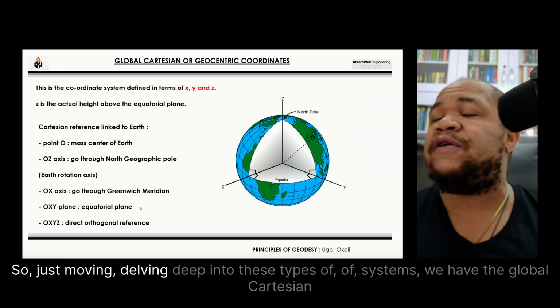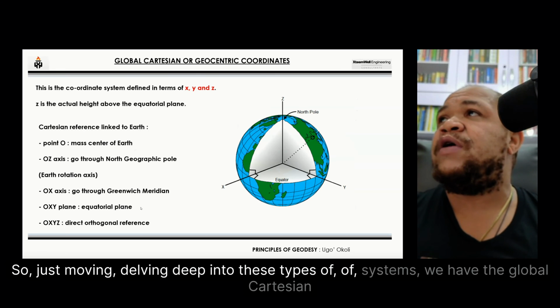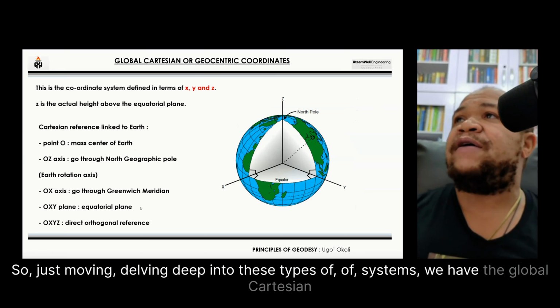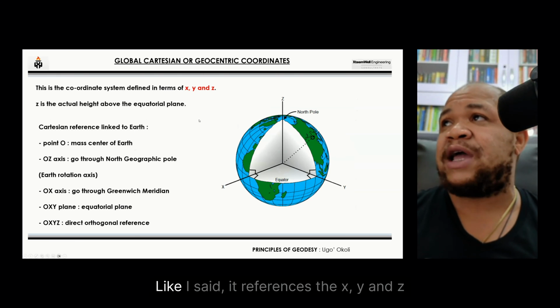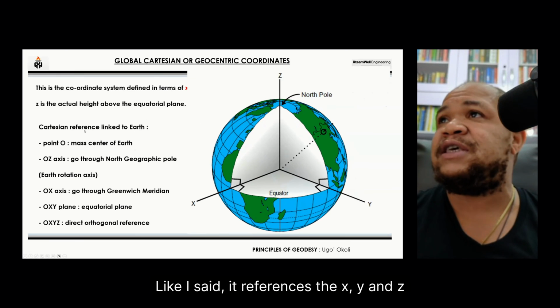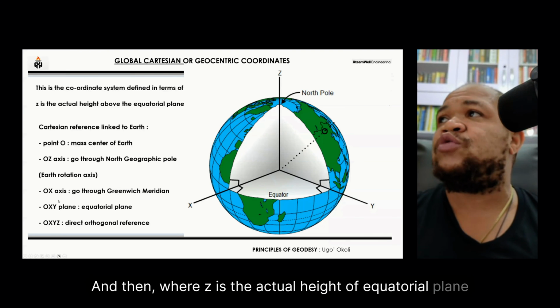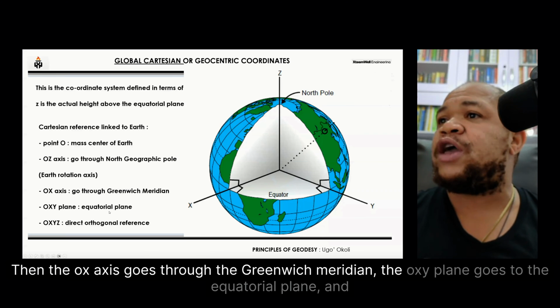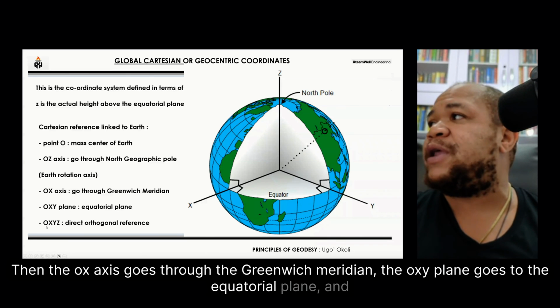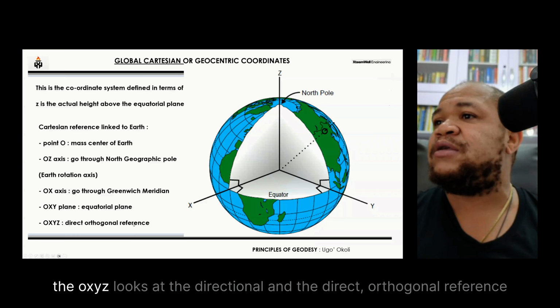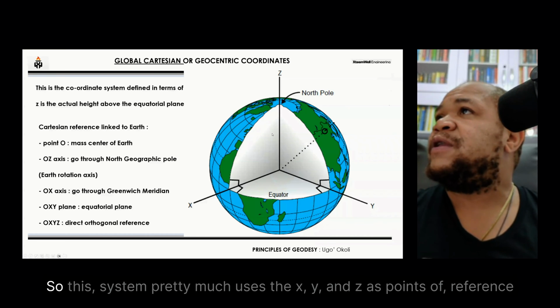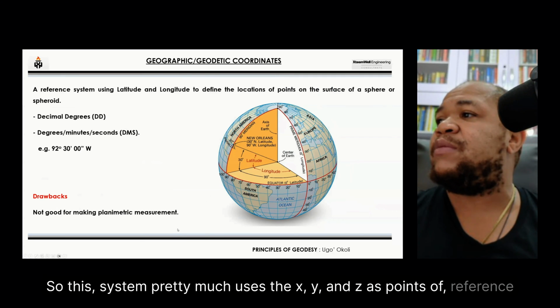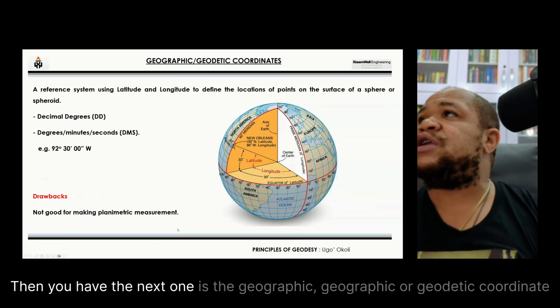So, delving deep into these types of systems, we have the global Cartesian. Like I said, it references the X, Y, and Z, where Z is the actual height of the equatorial plane. Then the OX axis goes through the Greenwich meridian. The OXY plane goes through the equatorial plane, and the OXYZ gives the direct orthogonal reference. So this system pretty much uses the X, Y, and Z as points of reference. Then the next one is the